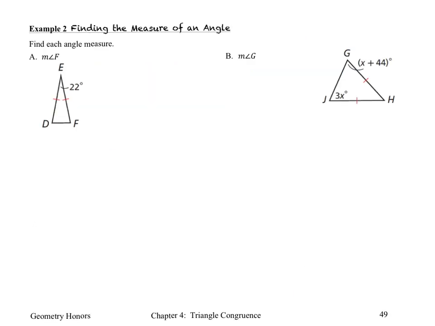Okay, to find the measure of the angle. So since I don't know angle D and angle F, but I know that they're congruent to each other because of the isosceles triangle theorem, I can call each of these x. And so what I have is x plus x plus 22, which equals 180 degrees. So if I simplify this, I get 2x plus 22 equals 180. 2x equals 158, and x equals 79 degrees. So the measure of angle F